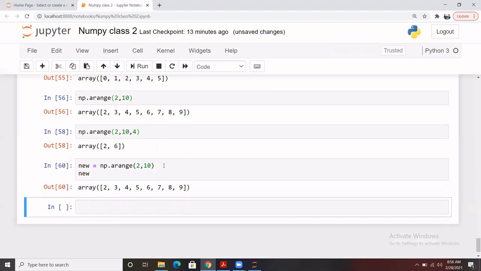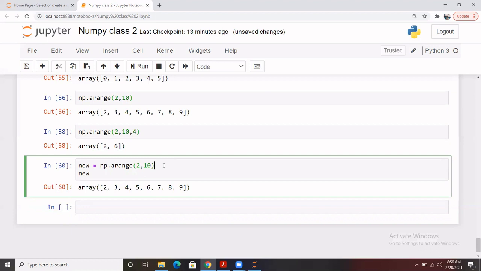Basically 8, which starts from 2 and goes till 9, and if you count, there are a total of 8 records. So to convert the shape of these 8 records, we are going to use the reshape function here. To reshape 8 records, what we can do is use 4 rows and 2 columns.